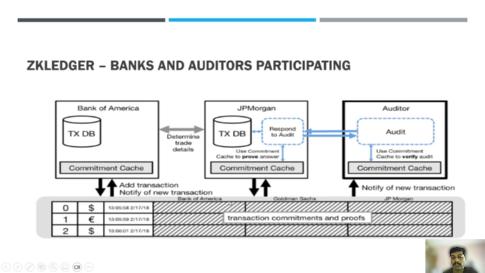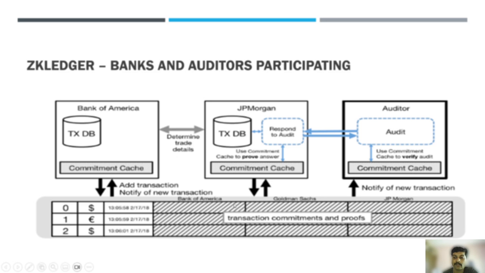then the NIZK, or non-interactive zero knowledge proof, will take more time. And for that to be reduced, you use the commitment cache. If you depend mostly on the off-chain ledger part, then it will take more time to complete a transaction, even if it is a parallel transaction that's happening. But since the banks transfer the transactions in parallel,